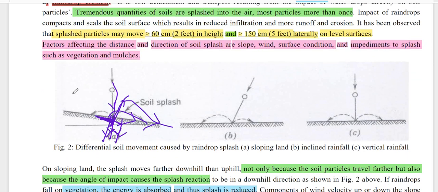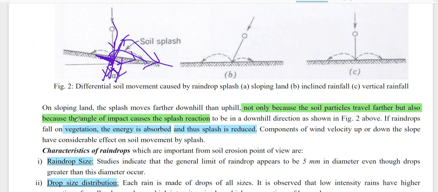Okay, the factors affecting the distance and the direction of the soil splash are, see these: the slope, it may be wind also, the surface condition, and impediments to the splash. This simply tells how much slope the ground has, how much wind there is, what the surface condition is, and whether vegetation or mulches are there or not. All this will affect